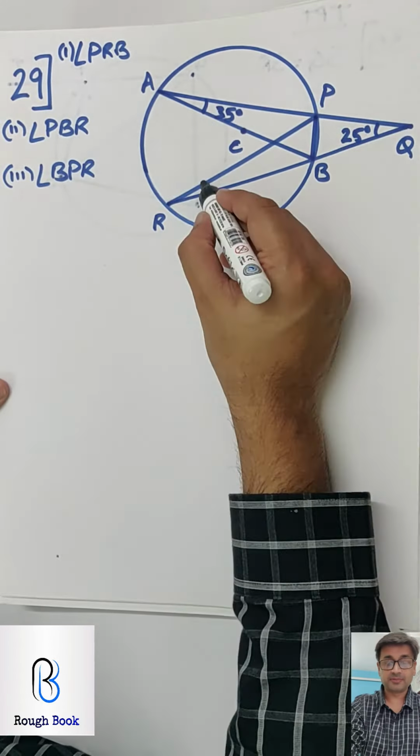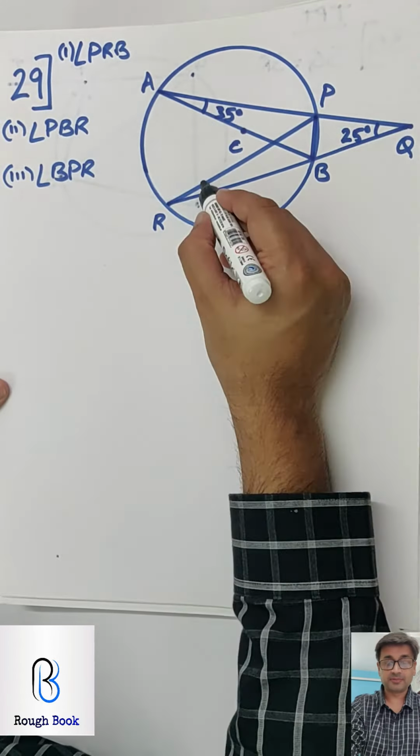Next, PBR. PBR is here. So at least the first one you can get. So let's write the first one and then come back. We will discuss the next one. So number 1, angle PAB is equal to angle PRB. Reason, angles inscribed in same arc are congruent, and therefore I can say that angle PRB is equal to 35 degrees. So we managed to get our first angle at least.